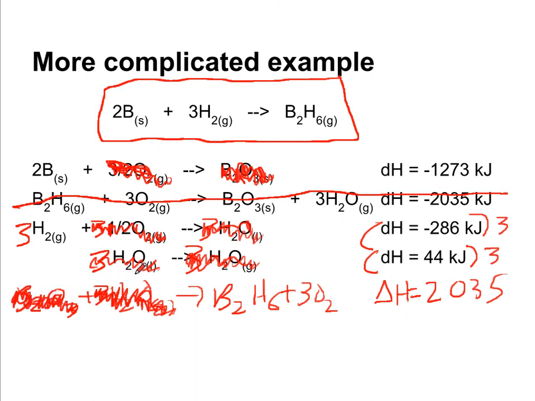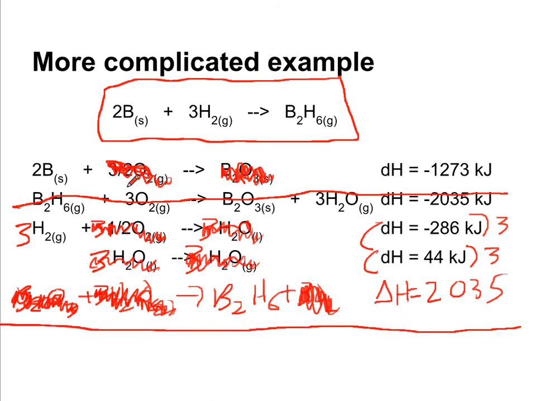Everything that's left, I forgot to mark these out, talked about it but forgot to mark them, everything that's left is showing up in our overall target reaction. So we have 2B plus 3H2 yielding